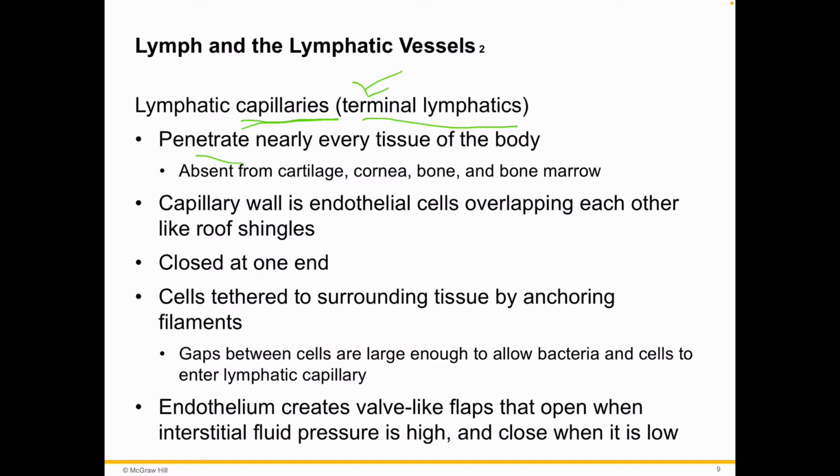right? So 85%-ish of all of the fluids, plasma, and all that good stuff go right back into the veins. But then there's that 15% that hangs out. That's what's going to be drained out by the lymphatic capillaries. The places you're not going to find them are places where you don't really have a whole lot of vasculature anyway. So bones, cornea, cartilage, and then the capillary wall itself is kind of interesting because it's